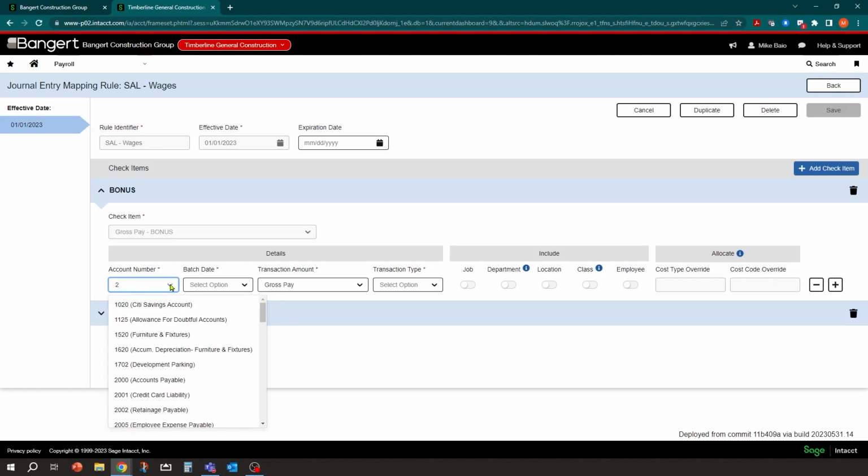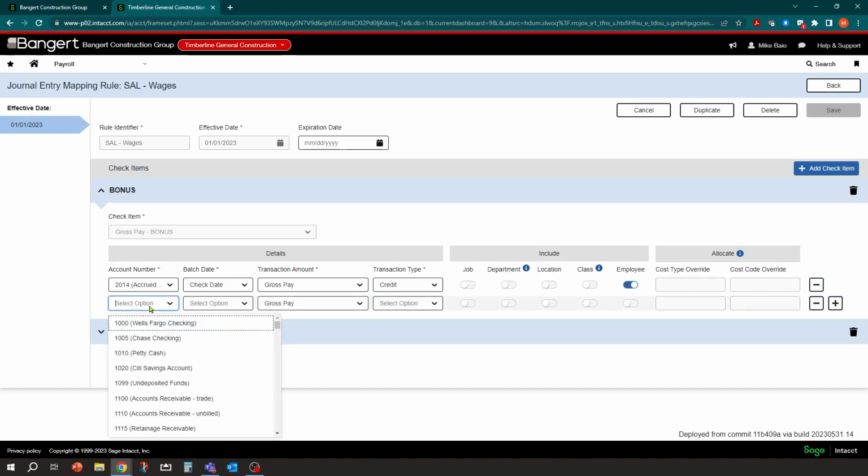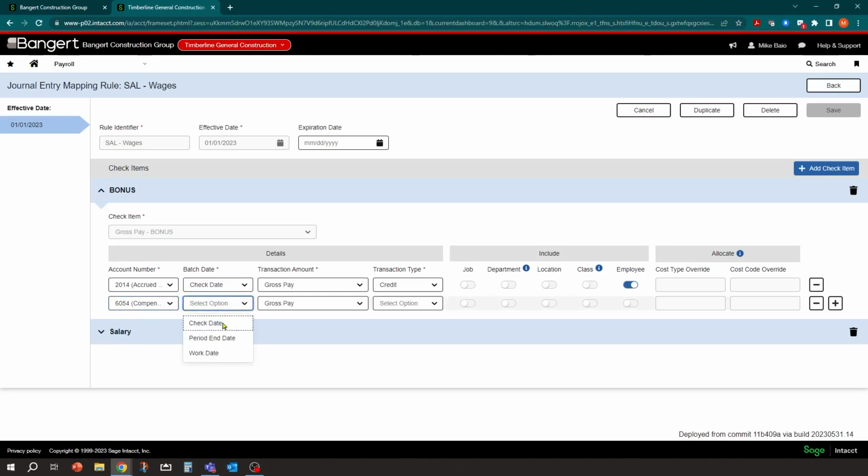You'll need to find your payroll clearing account, which I believe I have called accrued payroll liability, my check date, gross pay, and it's going to be the credit side. I'm sorry, the debit, no, the credit side. And we're just going to define the detail here, and then my expense side, I do have a specific account for bonuses. You can type in bonus and it'll show you I have a compensation bonus here. So it's going to go there, and that's going to be my debit. And I do want job, location, and employee detail on that. So you just want to make sure you get that GL mapping set up however you're doing it with everything else in the system. So we'll click save here.